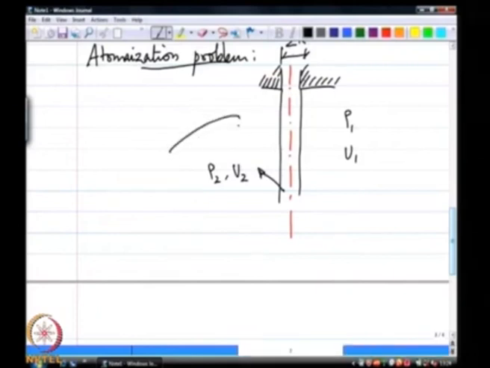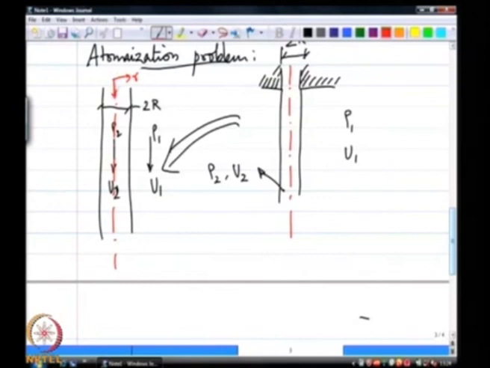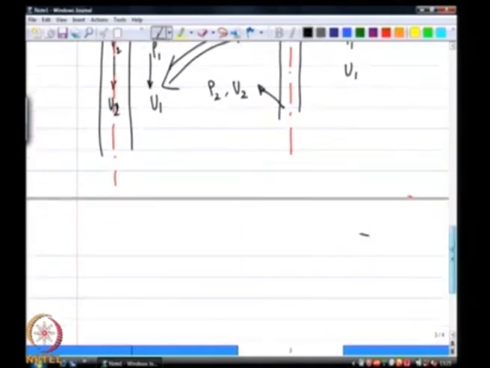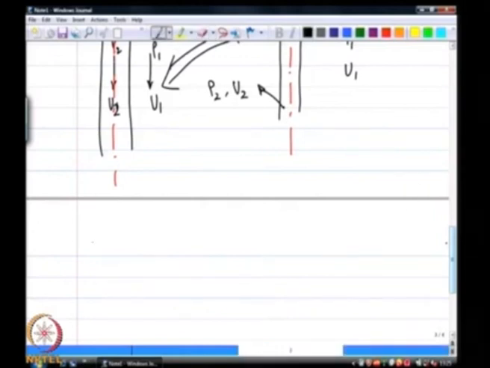So, if I replace this with an idealized problem, that is infinite in the z direction, I can go through the exact same process, that is step 1,